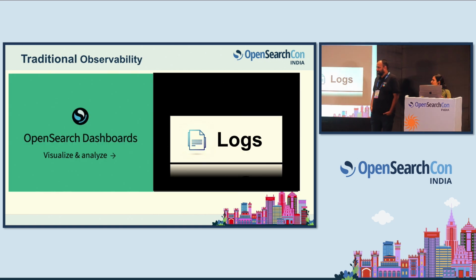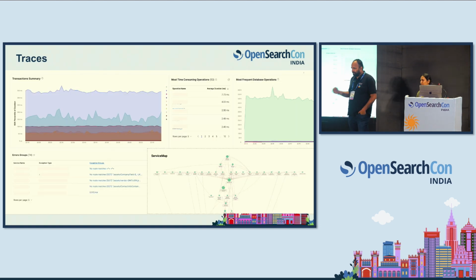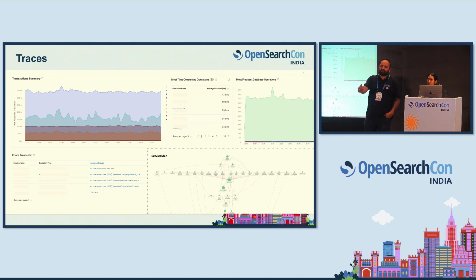OpenSearch Dashboards comes with logs. You already know it has logs, viewing, filtering, dashboards, visualizations. Many of you would have used it. Then with the Dashboard Observability plugin, as I told you, we took inspiration and started building for traces. For traces, generally we see a Gantt chart view and all these things. We wanted to build insights on traces. We wanted database P95s, API and transaction times, average transaction times. What are the longest time taken spans?